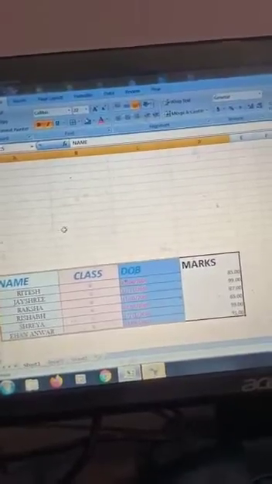Moving data. Moving data means cut paste. I will show you moving data. If you want to move data, then you have to select it and click on the Cut option, and then paste where you want to paste. This is known as moving data. Cut and paste is known as a moving operation. In the copying operation, all the data remains and the new data is copied elsewhere, and in moving data, with the Cut option, you first cut the data and paste it elsewhere.